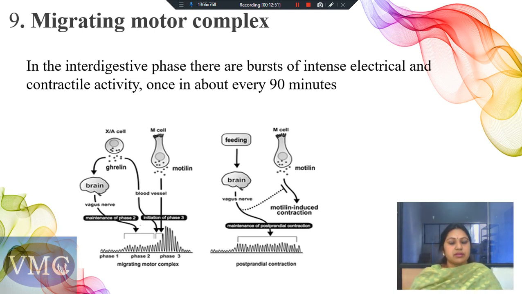This also we already talked about, but I want to tell you what it is. It is an interdigestive phase motility which occurs in between, after the food is taken up. So it occurs in the in-between digestive period. It occurs every 90 minutes and sweeps the food to the next part, so that the GIT tract will be ready to receive the next food. This occurs for about 10 minutes, and every 90 minutes it recurs. So this is about the migrating motor complex.